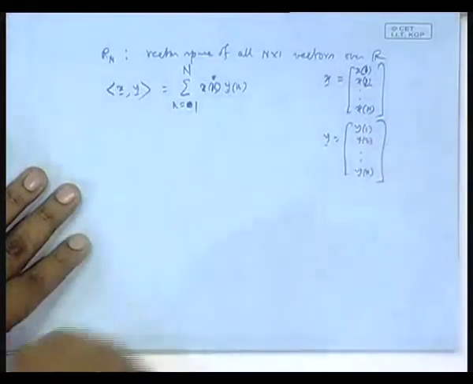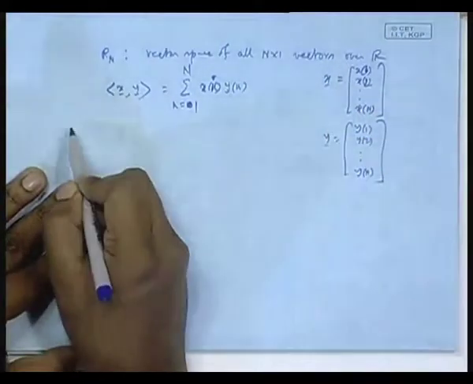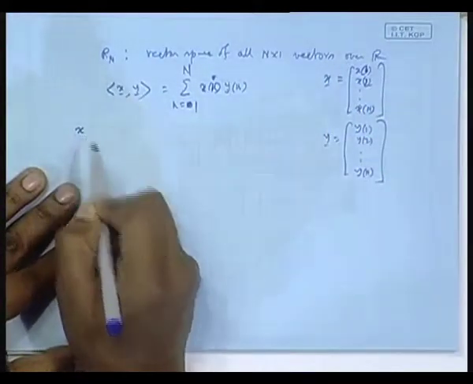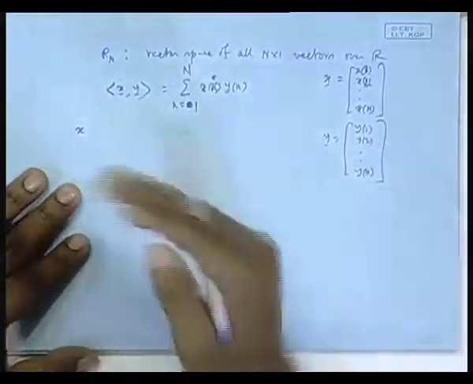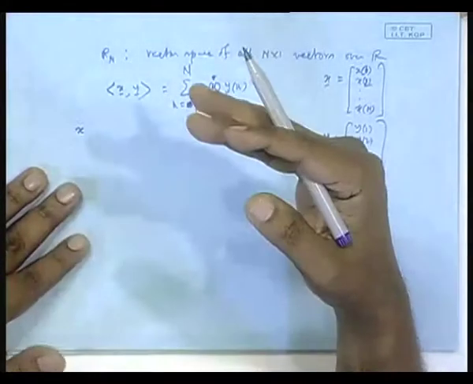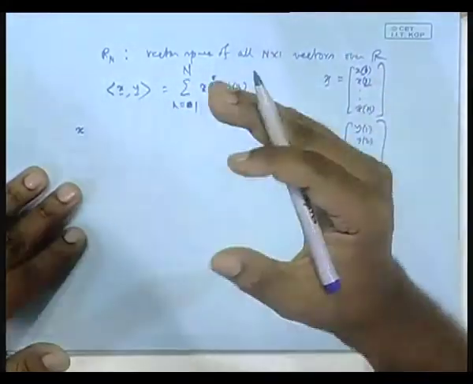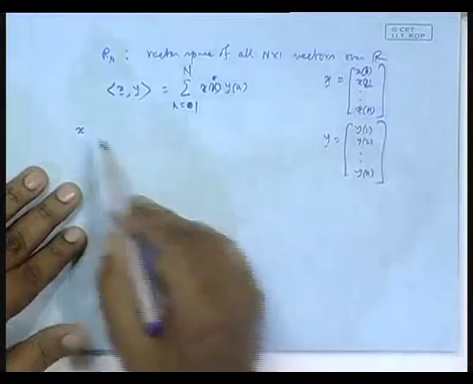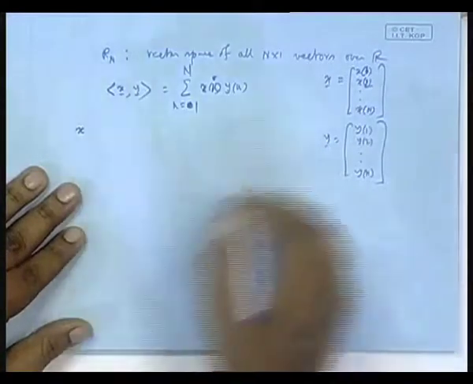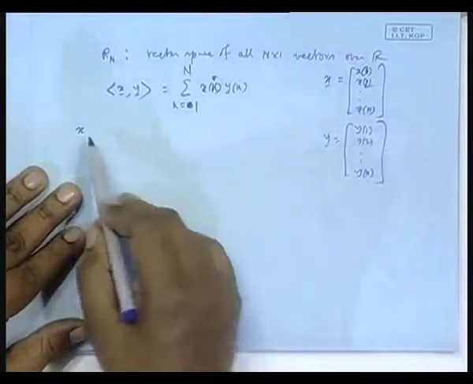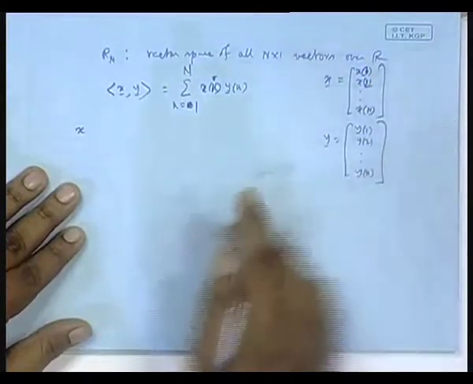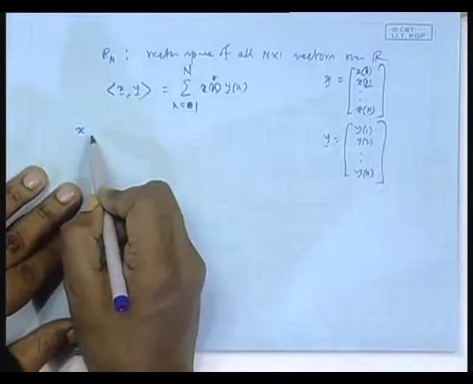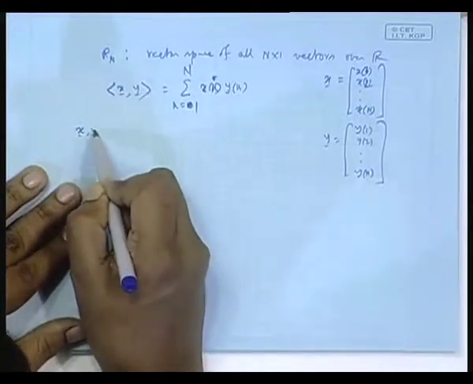Okay. But remember one thing, if this x corresponds to a random variable, that is, there is a random variable x and I am observing capital N number of some data, in capital N number of times I am observing it, and I am putting all the data in a vector form. I observe this random variable x once, get x 1, next time x 2, next time dot dot dot, next time x n, put them in a vector form. Same for y. Then this inner product x y,